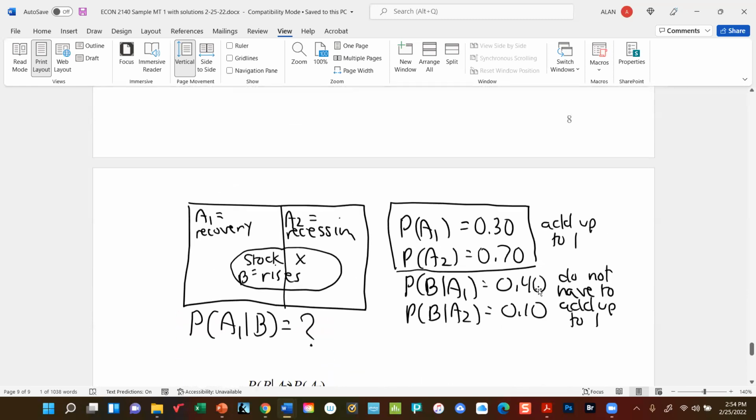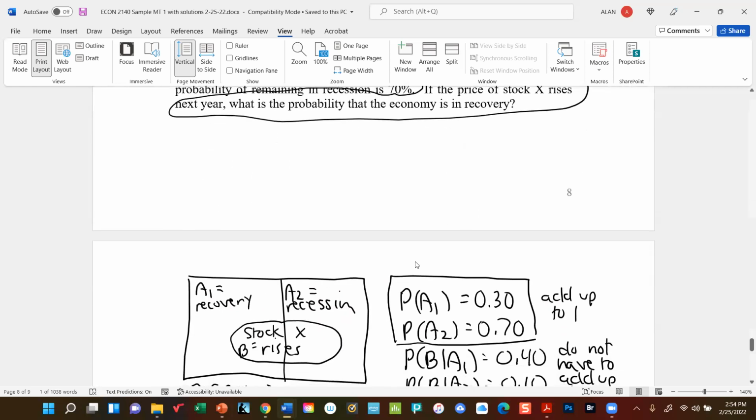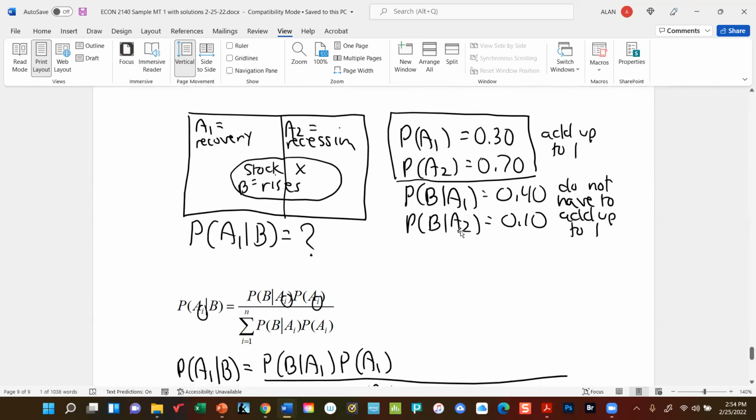Then we notice that here, if the economy remains in recession, the probability will drop to 10%. So we can think of this as the probability of the stock going up during a recession is only 10%. So this is B given A2. Now, I do want to point out, if you're not sure that you got these right, that the unconditional probabilities